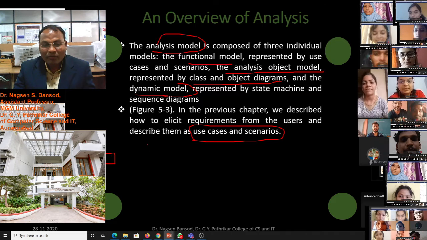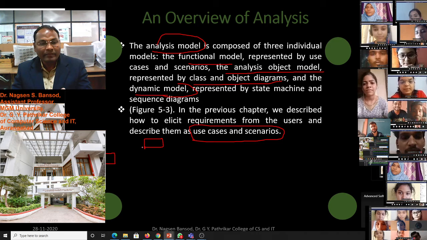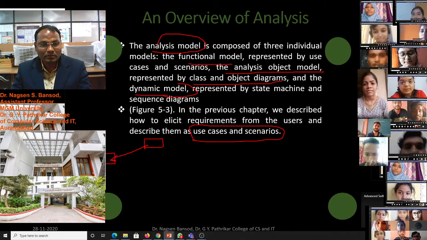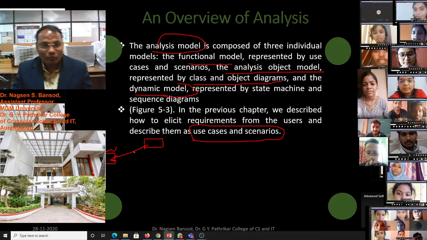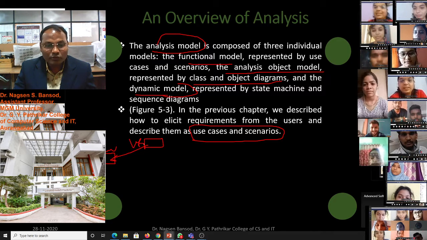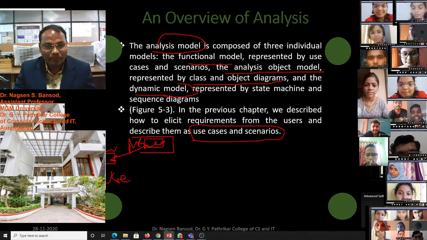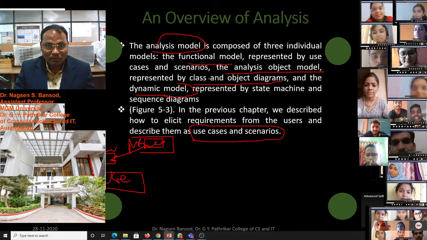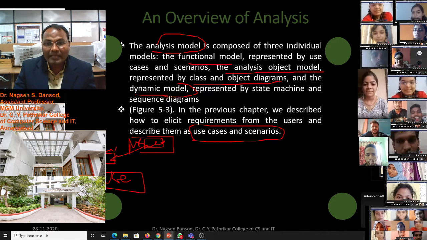That is the function of the software. If we click on the print button, then the printer will start. So we design the functional model like this: there will be a use case, suppose a computer, and another use case will be the printer. And the analysis model represents the class and object diagram.